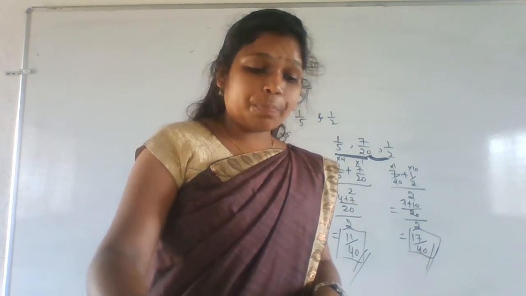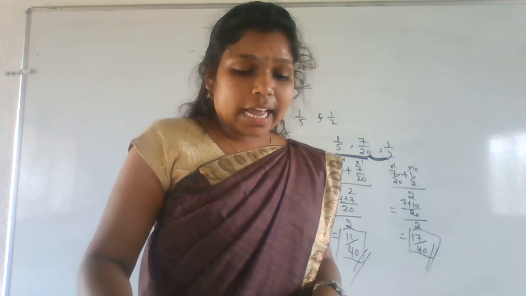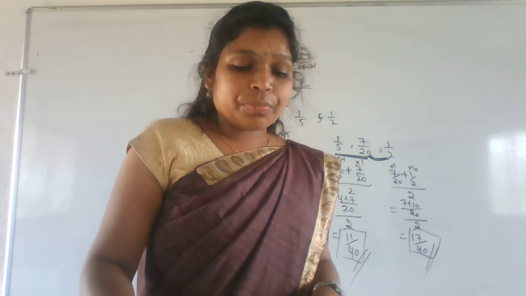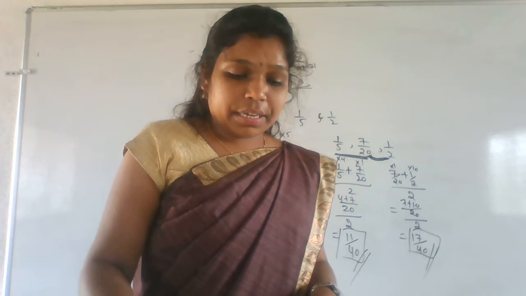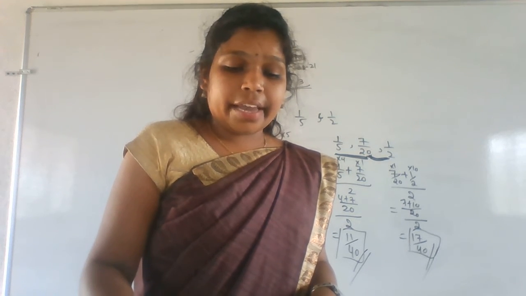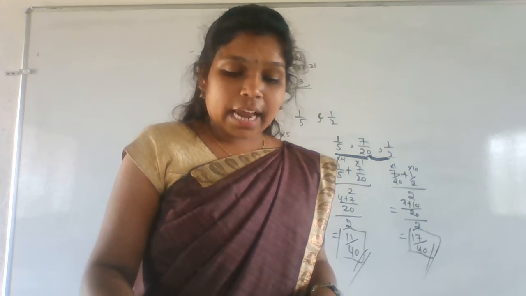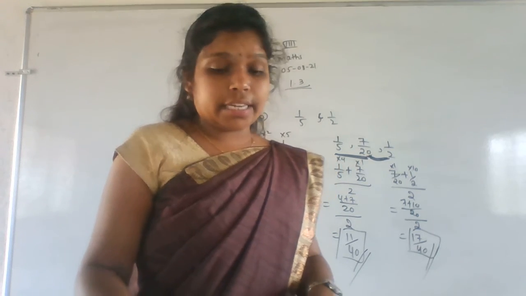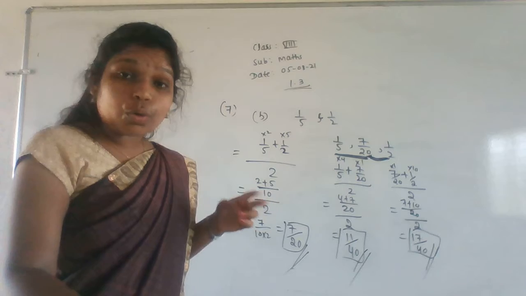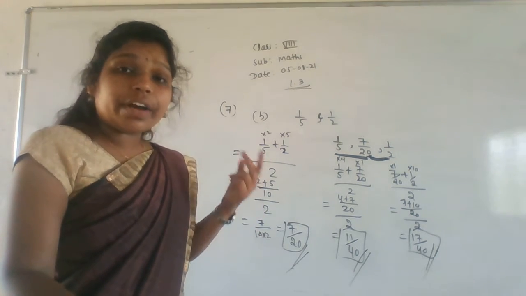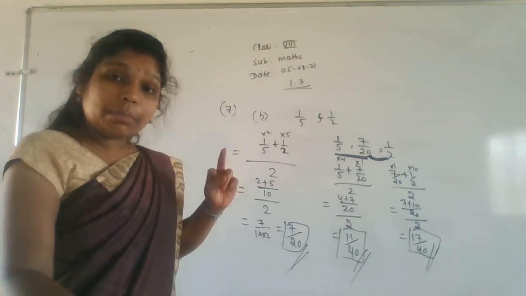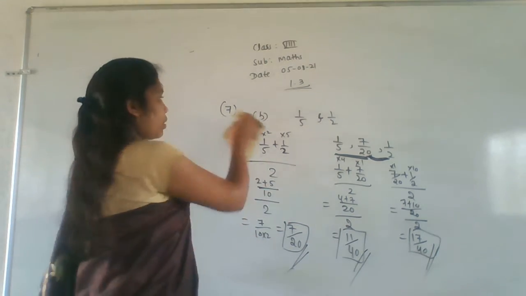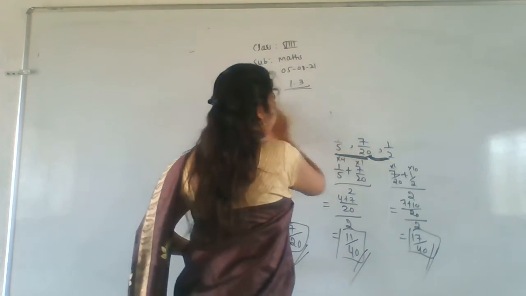Now we'll go with the 8th main. Find the three rational numbers between (a minus b) whole inverse and a inverse minus b inverse, given that a is equal to 1 by 6 and b is equal to 1 by 8 here. First solve those two rational numbers. After finding the rational numbers, next find the three rational numbers in between them. Okay. So we solve the 8th one now.